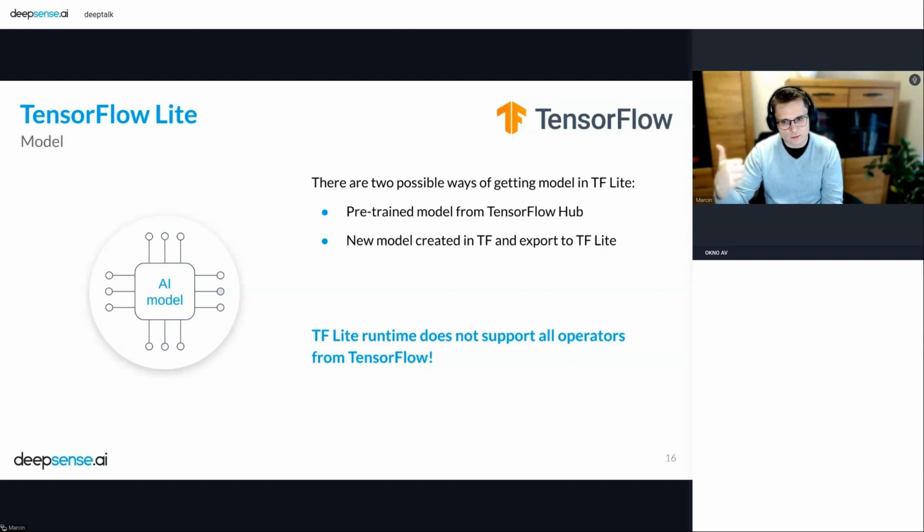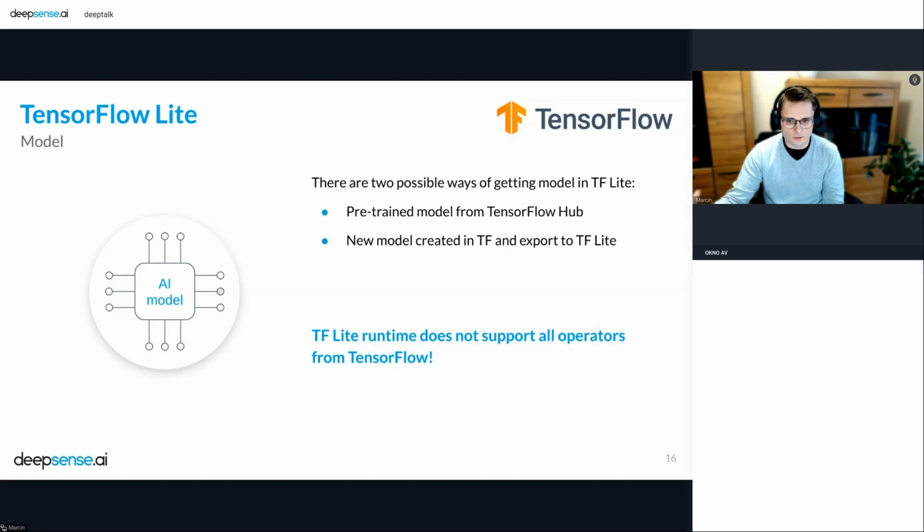First, we may use a pre-trained TensorFlow Lite model available from TensorFlow Hub. And well, actually, it is an already converted model, so it is ready to deploy on your target device. And the second way is rather more complex, and we can create a new model from scratch and then export